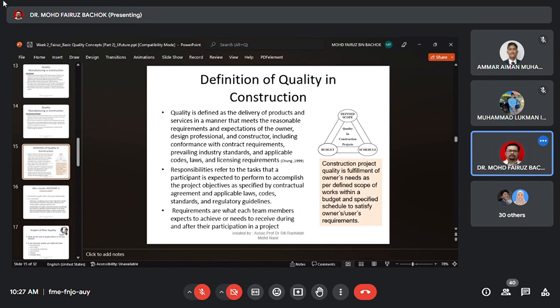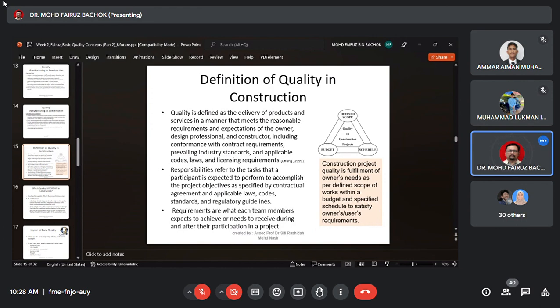It's the same. When there's a problem with the budget, let's say the client has enough budget to construct the building, but because of a problem with time they need to put in extra budget, but they don't have that budget, so it will affect the time to complete the project. They will delay the schedule. Okay, that means all have a direct relation.